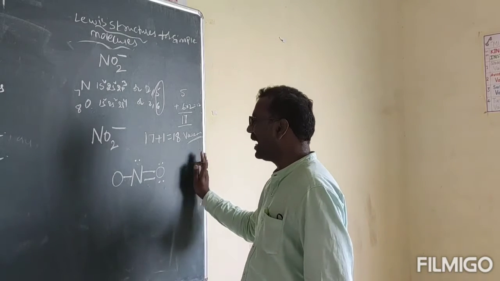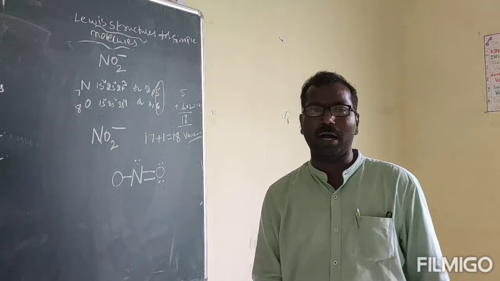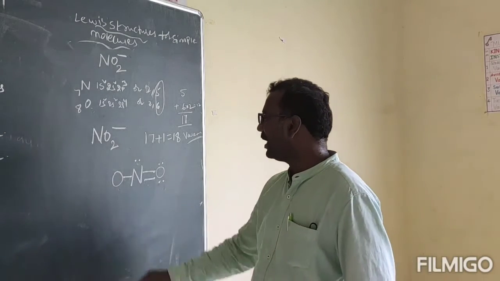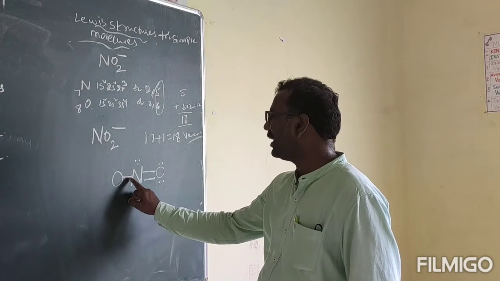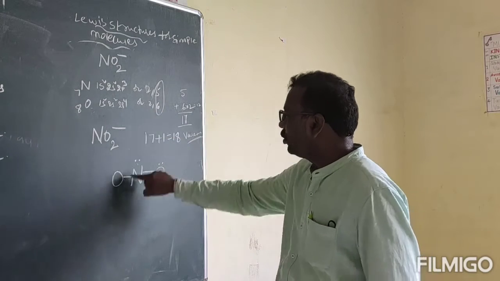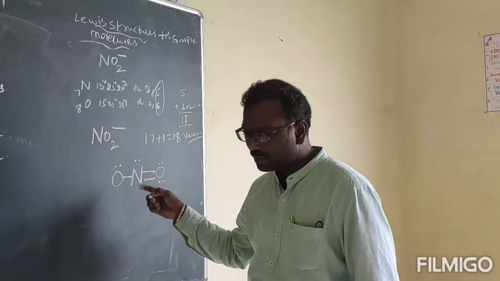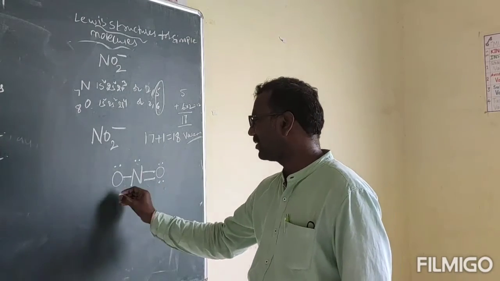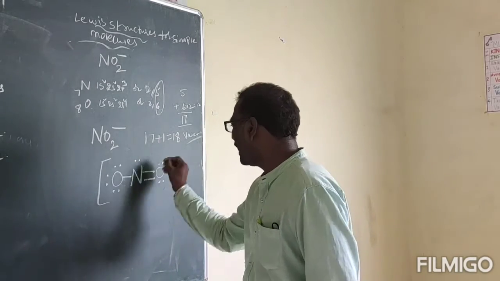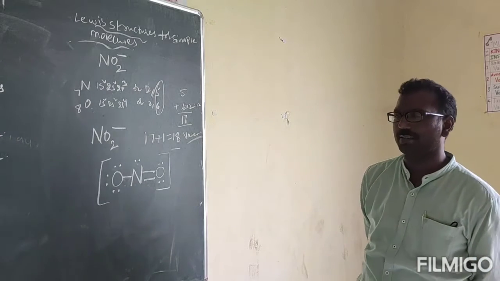Now oxygen has 8, nitrogen has 8, and next coming to this other oxygen. What can we do now? This also needs 8 electrons. Here how many are completed? 2 are completed. Actually oxygen needs 8, and 2 is completed. So how many does it have to show there? 6 electrons. 8 should be there, and the total negative sign. This is the structure of NO2 minus.